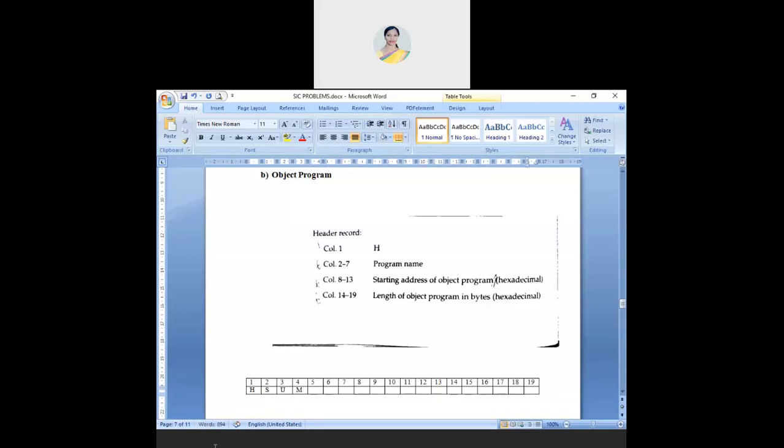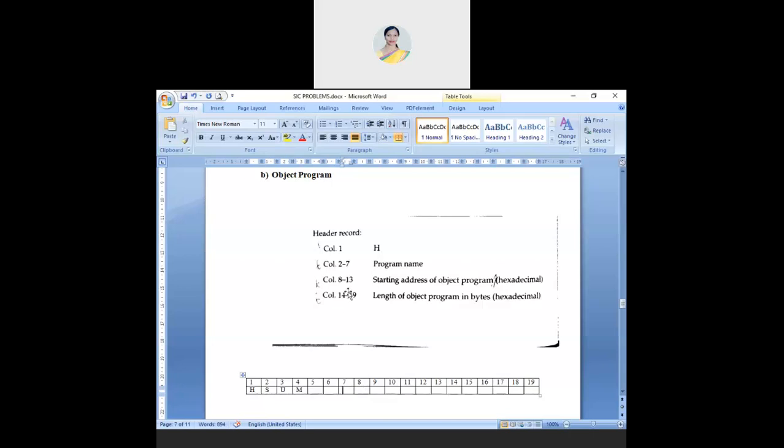Now I think it's easy to understand. So H is column 1, and 2 to 7 is the program name. It's only SUM, so I have to leave the rest blank. Correct? Up to 7.